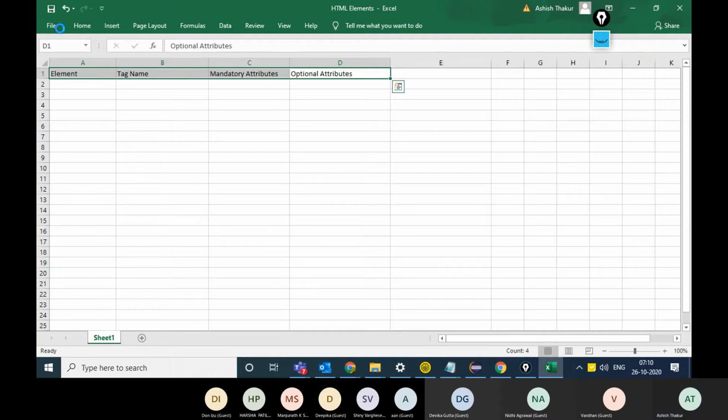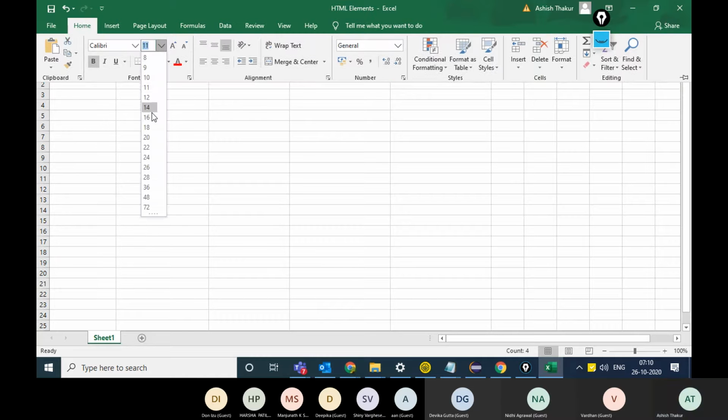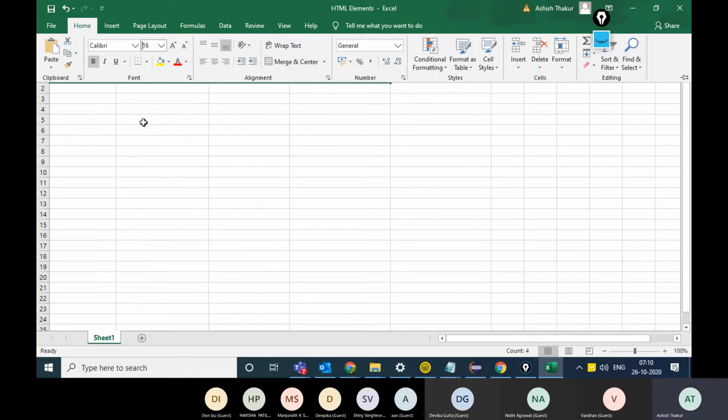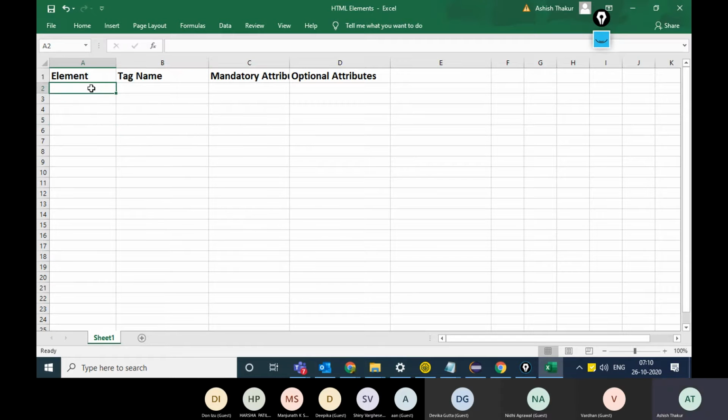Okay, so these are the columns. So what all elements are there on the web page?